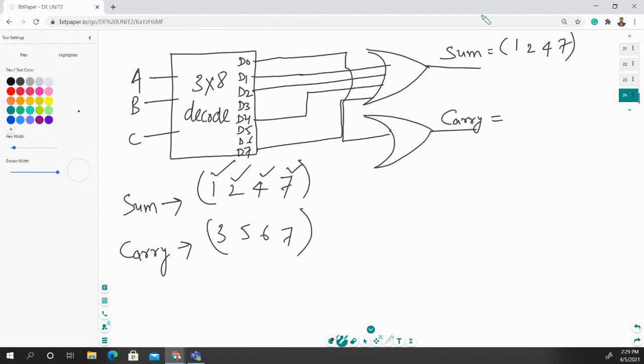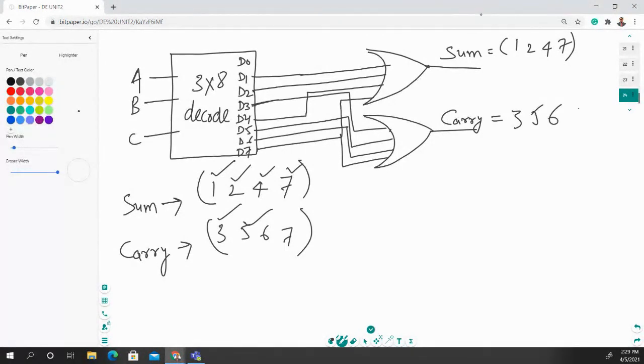Okay, 3, I have placed the wrong value right here. We have to use this D3, because this third value is given. Then the fifth value, then the sixth value, then lastly you take the seventh value as it is. So 3, 5, 6, and 7, these are the outputs for the carry.